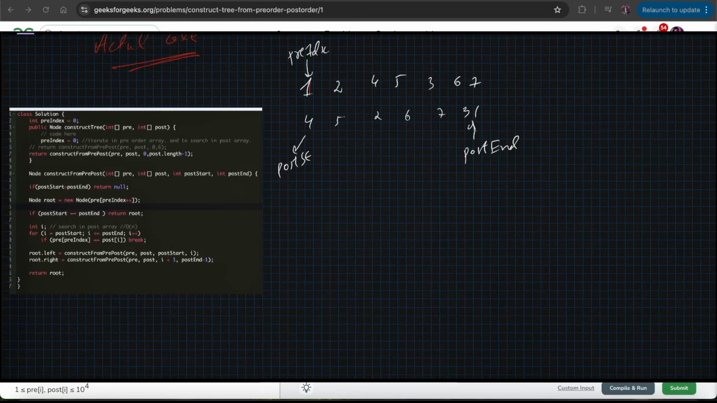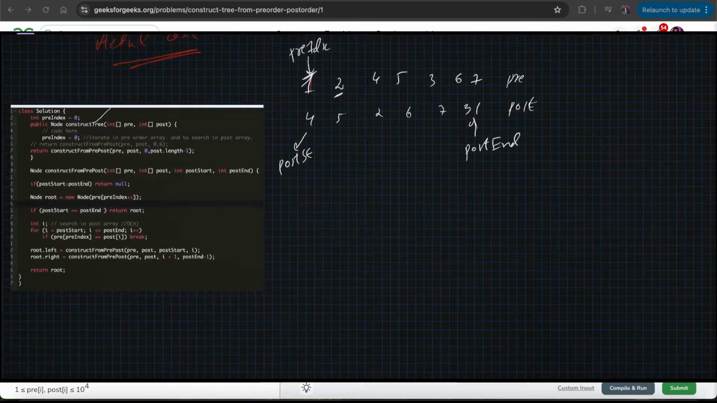So again, यहाँ पे कंस्ट्रक्ट ट्री का हमारे पास एक फंक्शन होगा and then we have a pre index at this pointer, right? And we have a post start and post end, and for this particular post array traversal, we will be traversing to find our left child of our current root node, right? And then based on that, we're going to decide what would be the LST and RST for our current root node. Okay. So in the construct from pre-post, we have 4 parameters, that is the pre array, the post array, the pre start,